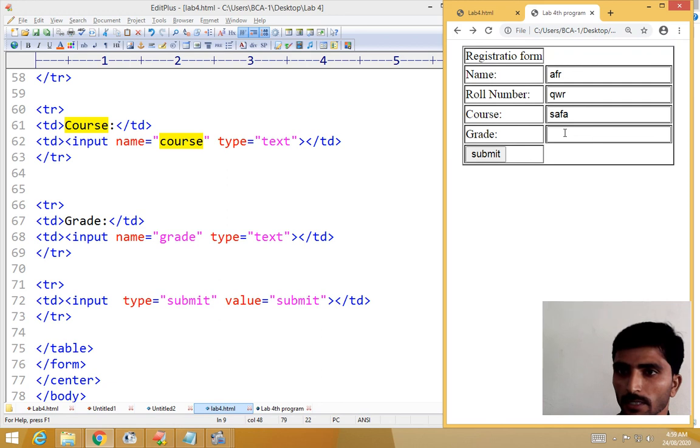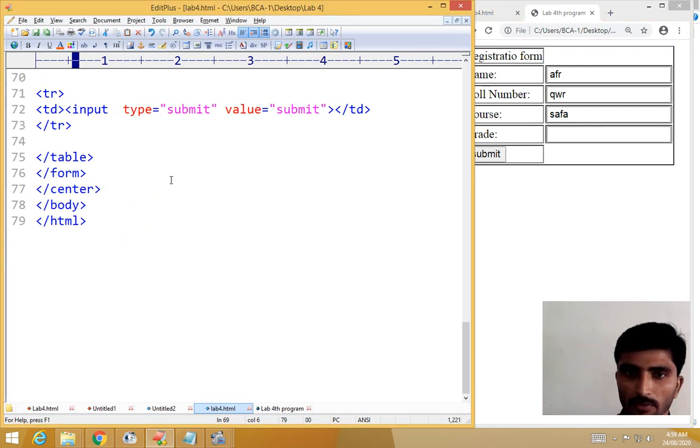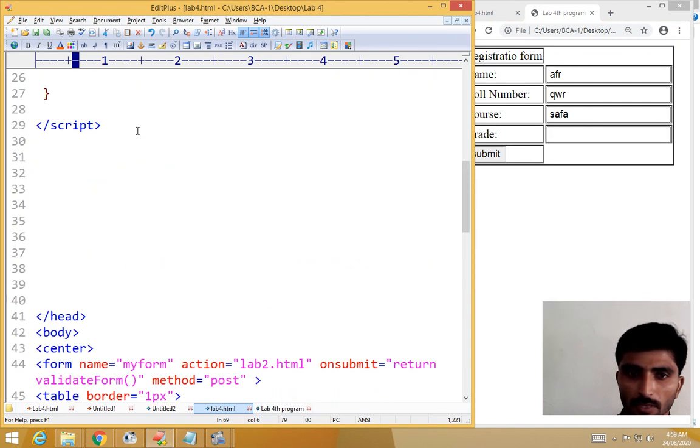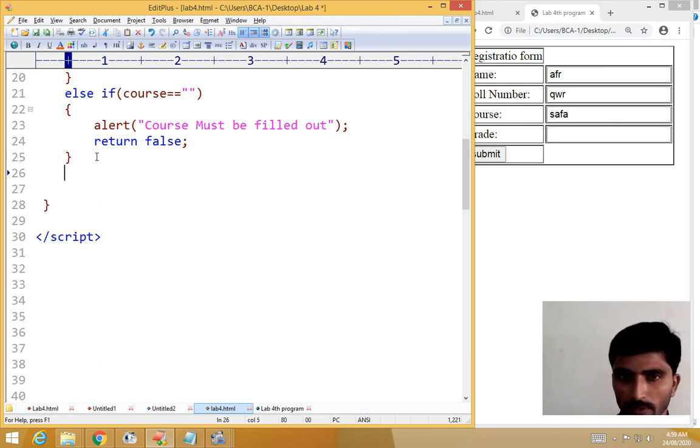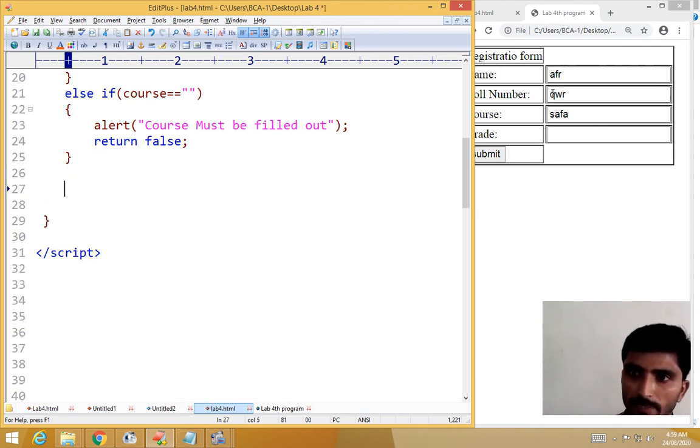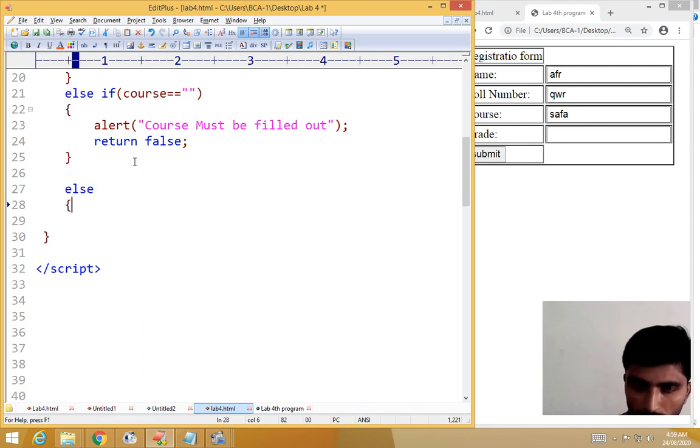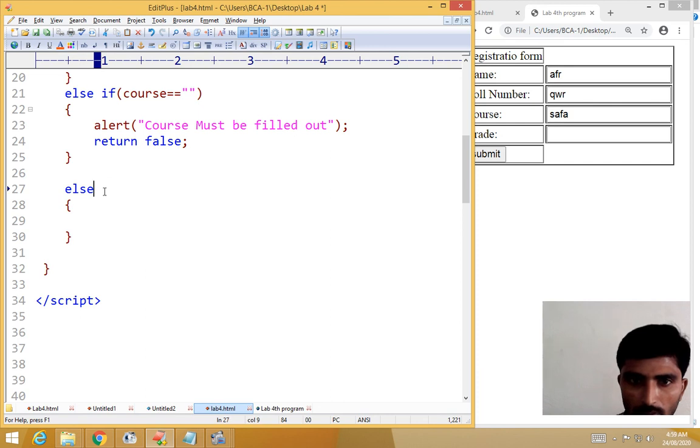Then the last one is grade. So how to check the grade? I move to the script. For all the others it is satisfactory. The next one is the default, else if grade is equal to double quote.